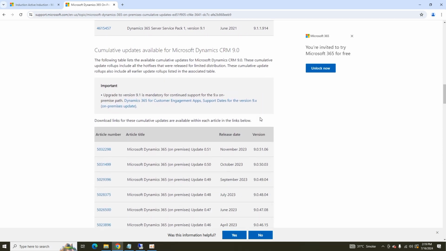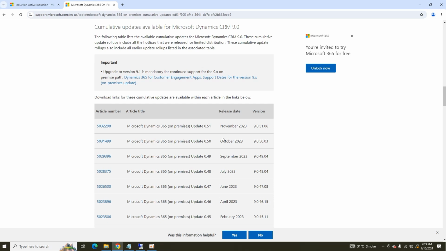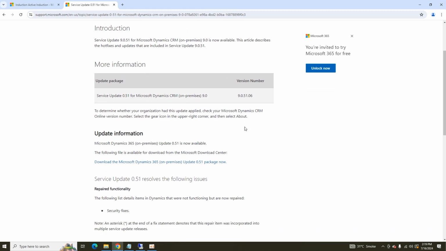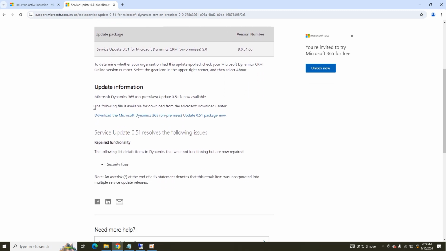If you are using version 9.0, then here you can see that this is the latest update that was available in November 2023, and that update was 0.51. And if you click here, you will see that the update contains security fixes, and these are also